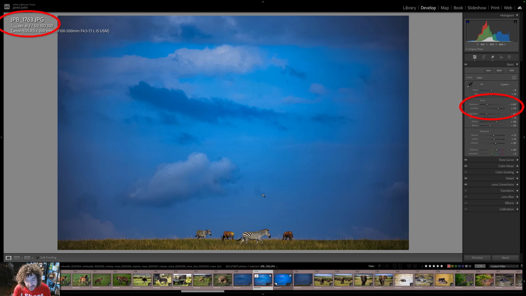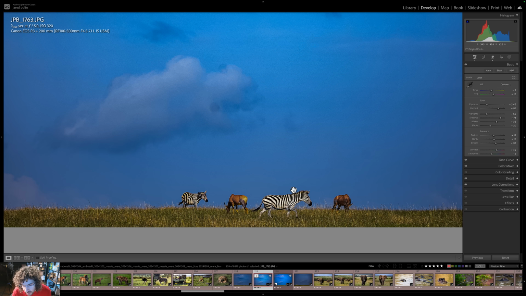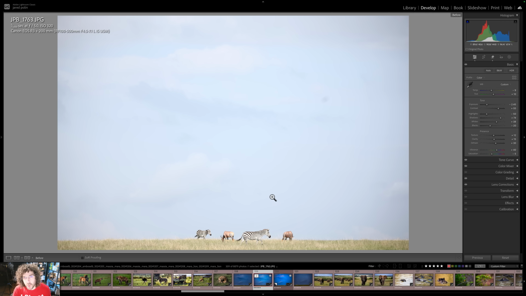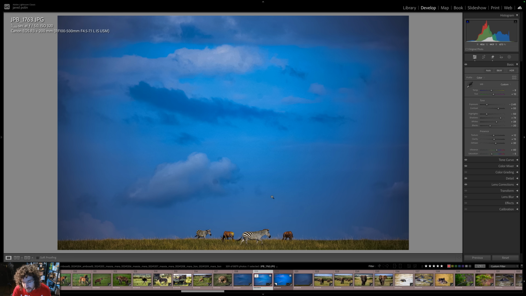I synced the settings. So you have the same exposure, brought back 2.45 stops, almost 2.5 stops, and this is how that one looks. Look what happens when you zoom in on it. You see the haloing effect around the zebra and the other animals. That is what's happening because this is where it started. This is where the file started, the same exact as the RAW file, and then when we bring it back,